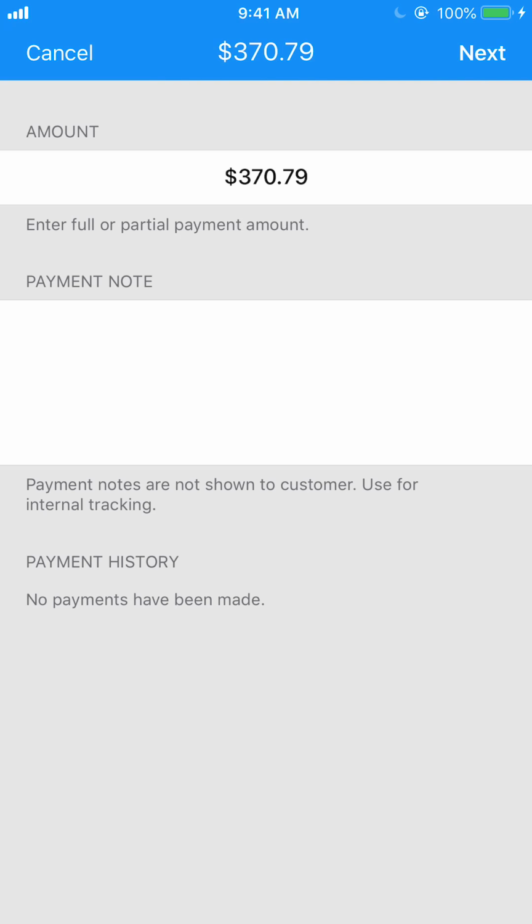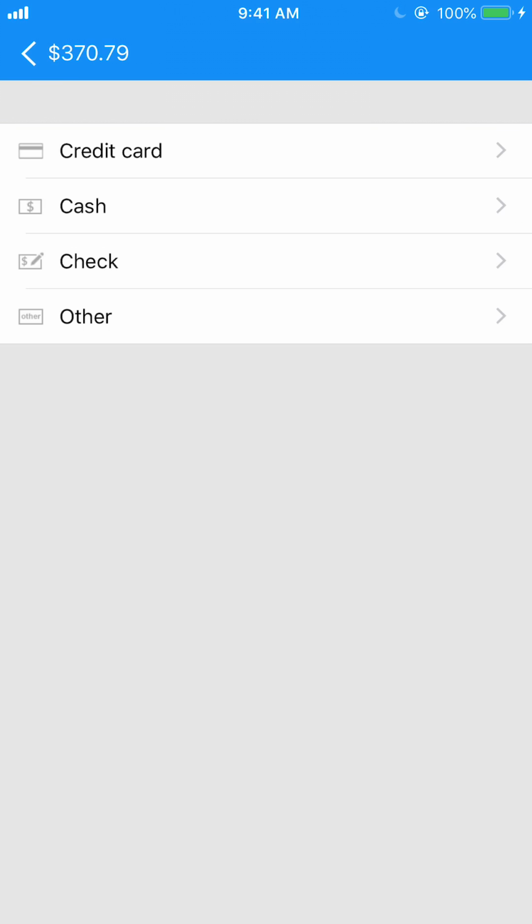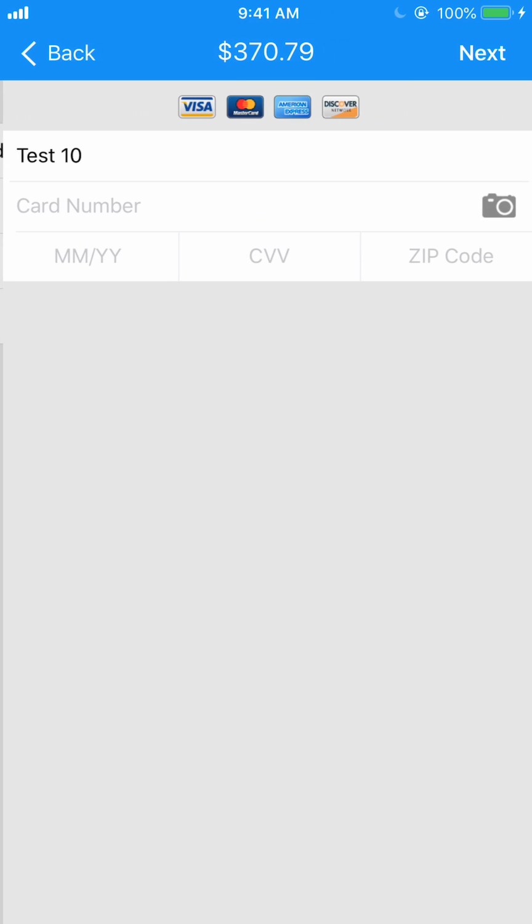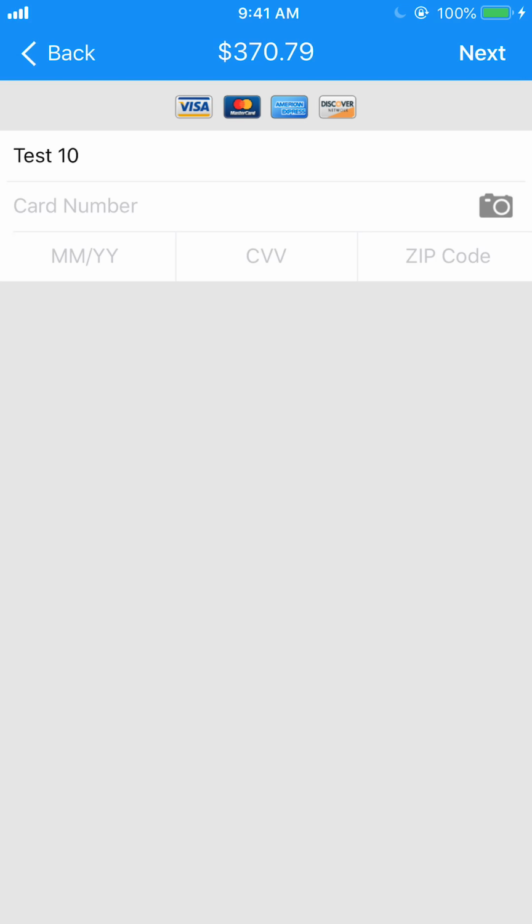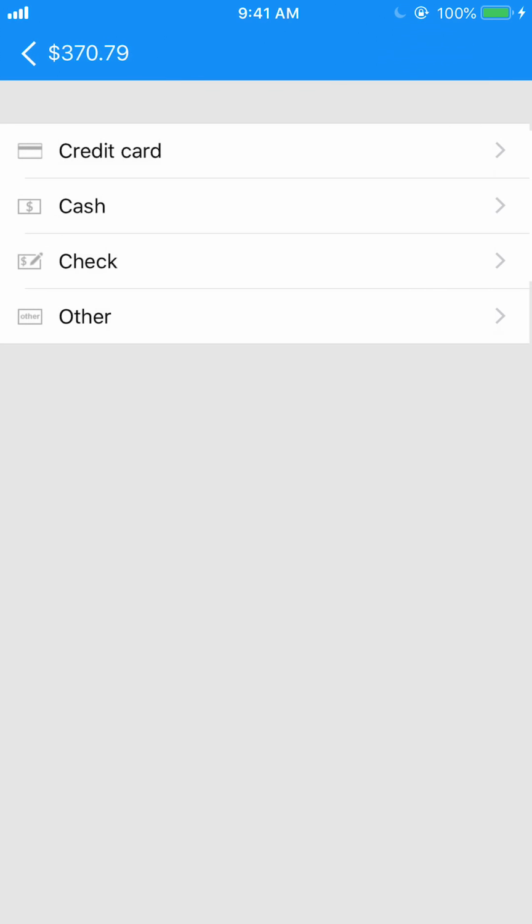and then take payment. Now, we prefer that you take a credit card payment. The reason for that is if you don't take a credit card payment, there's no opportunity to collect a tip. Credit card payments result in tips, whereas the other options do not have the same feature. So very important, very advantageous to you to ensure that you collect the credit card information. So you just click on credit card, get their info, and then click on next, and you can complete the